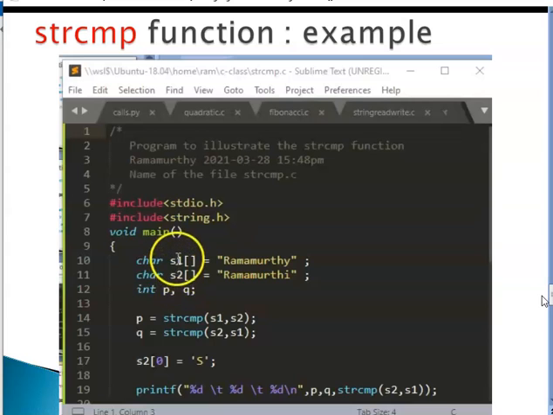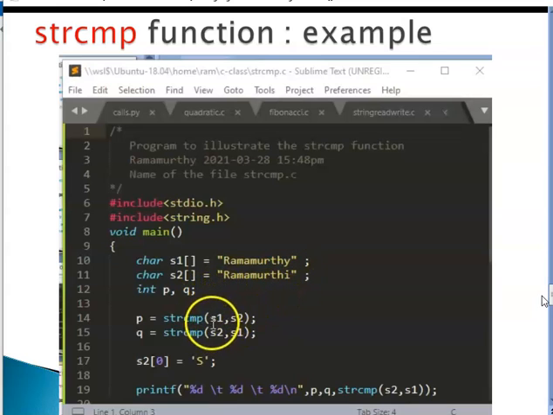When you use strcmp with arguments in the order s1, s2, you find the difference s1 minus s2. When the order of the arguments is reversed, that is you give strcmp s2, s1, you are finding the difference s2 minus s1.